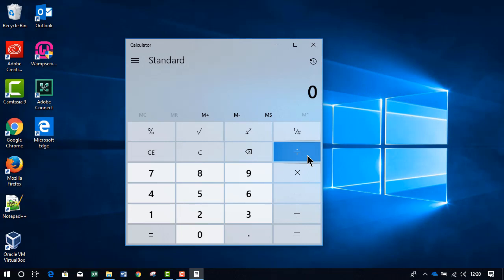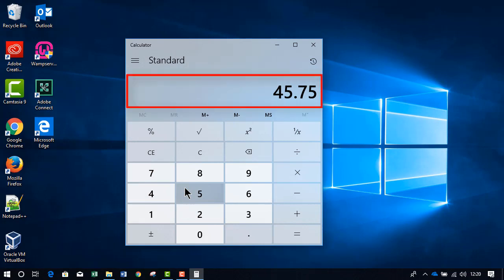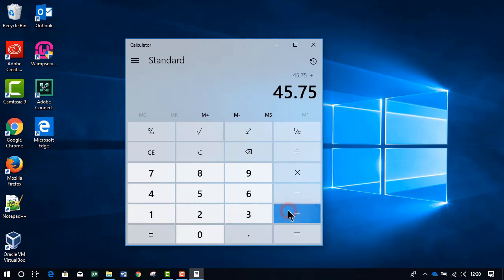So here goes. The first item I wish to buy is £45.75. So that's 45.75. Notice that shows in the display. Next I want to add, so I'll click plus, 25.14, £25.14, and plus 14.95. If I now click equals, I get the total,